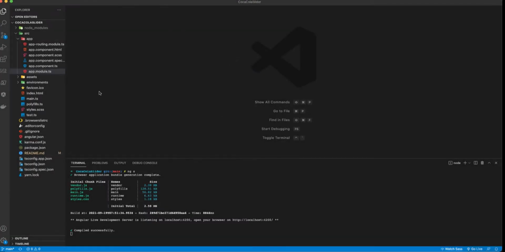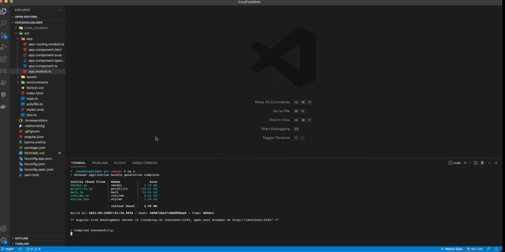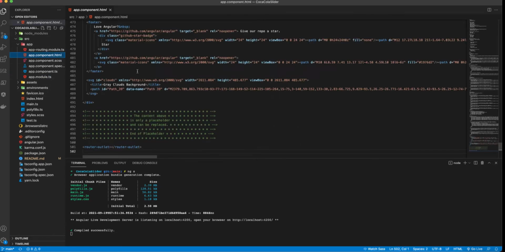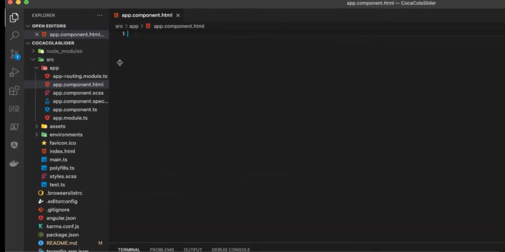Okay, here I have a basic Angular application generated by Angular CLI, and also I run ng serve to build this application. Now, as we can see in the browser, there's nothing, just the demo content here. What we have to do now is to go to app component HTML and to remove everything from here. That's it, save. And now I'm creating a component here,